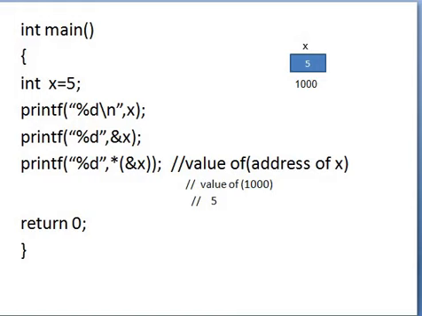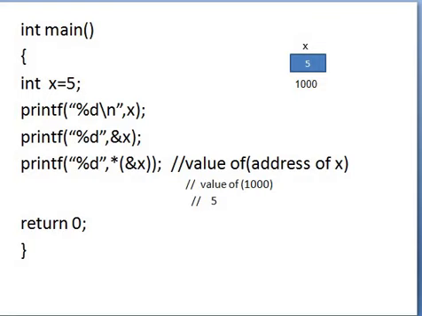So according to this third statement, star and address are two inverse operators. How? See, when we provide a variable address to the indirection operator, it gives us the variable value.